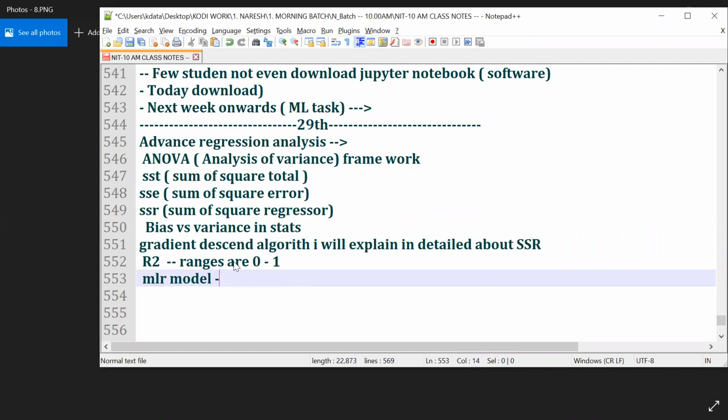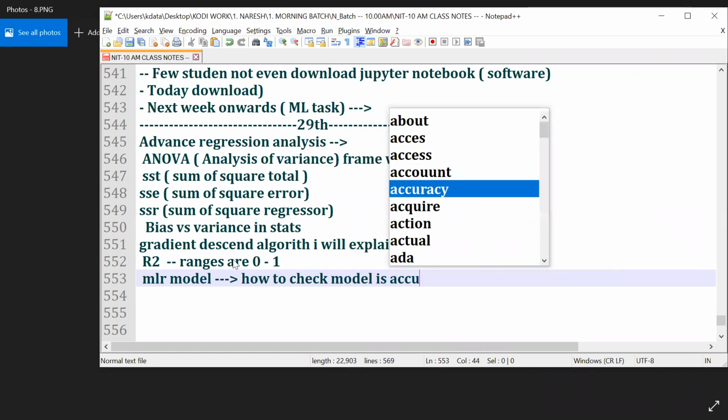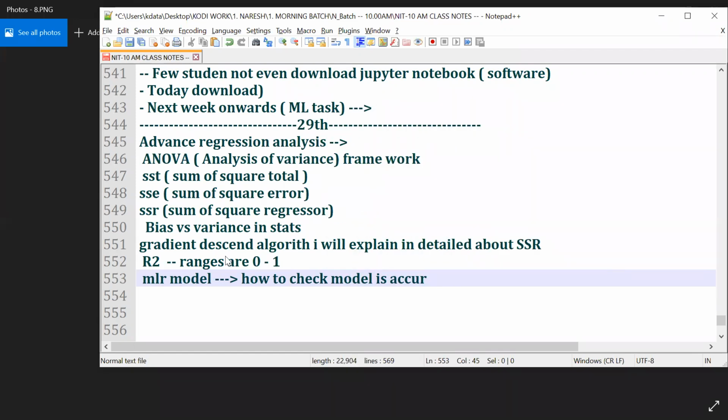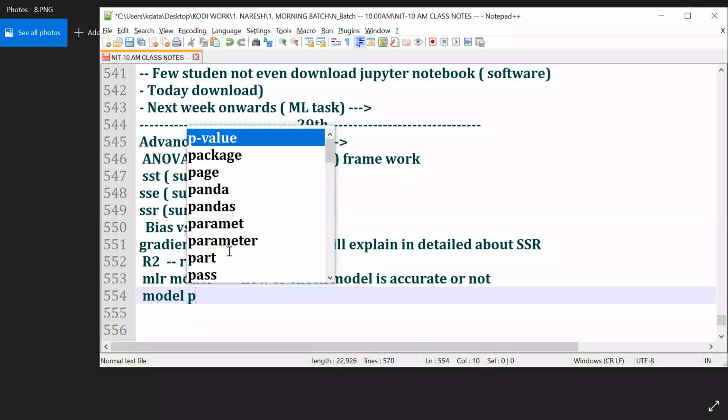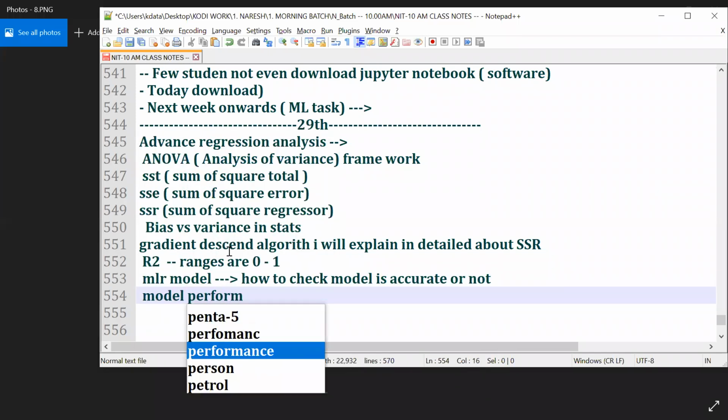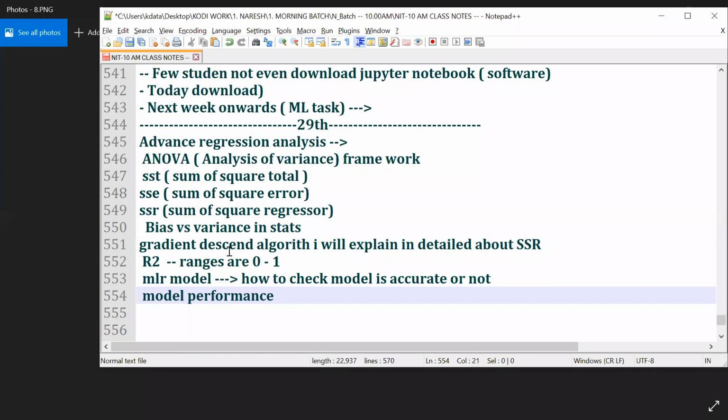how do you check whether the model is accurate or not? Of course, we need to check, guys. Then only we go for deployment. Understand? So we need to check whether the model is accurate or not. To check the model behavior, the model performance, what we need to do, guys? We need to verify